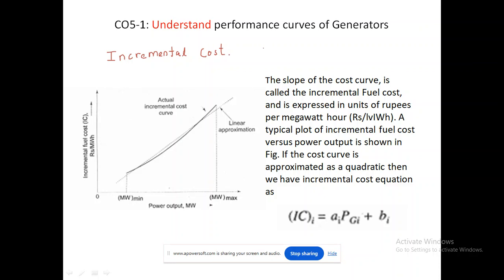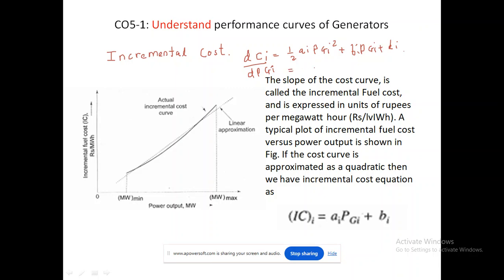Okay, and the cost function we have just seen is Ci is equal to half AI PGI square plus BI into PGI plus DI. Now if you differentiate this equation with respect to dPGI,